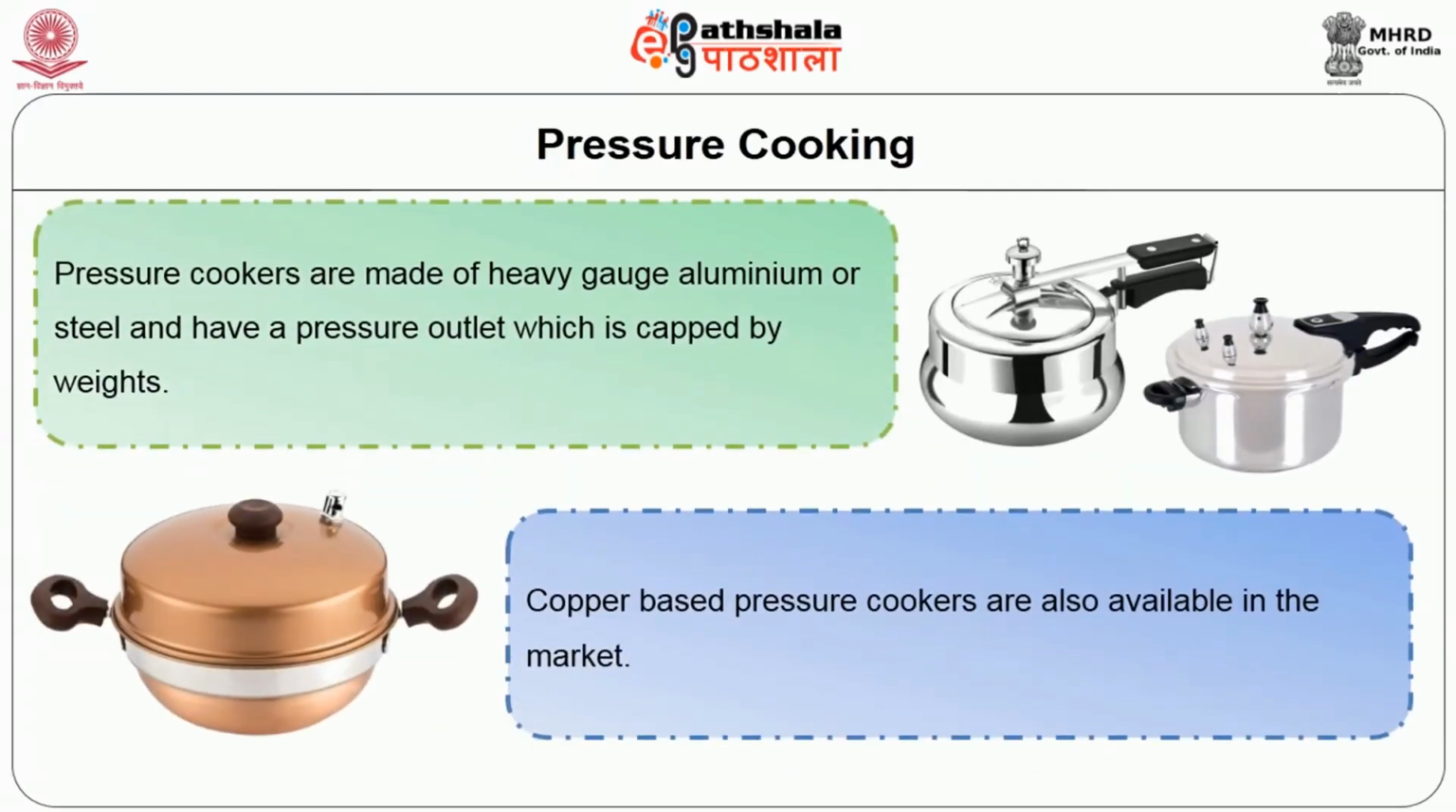Pressure cookers are made of heavy gauge aluminum or steel and have a pressure outlet which is capped by weights. Copper based pressure cookers are also available in the market. For safety reasons, a safety valve is fitted at all times to control and release pressure above safe levels. It is advisable to release air in steam form and then put the weights as air will interfere with proper